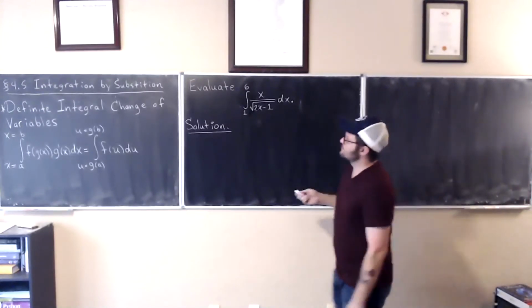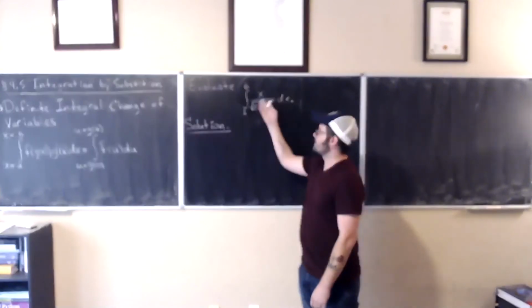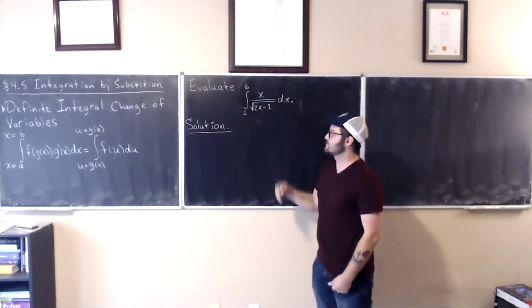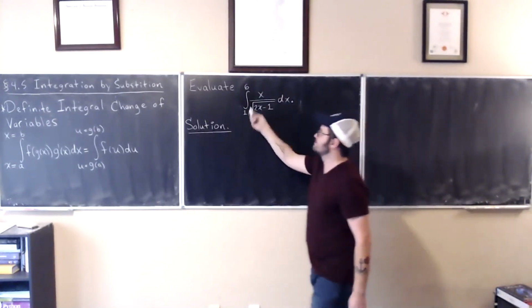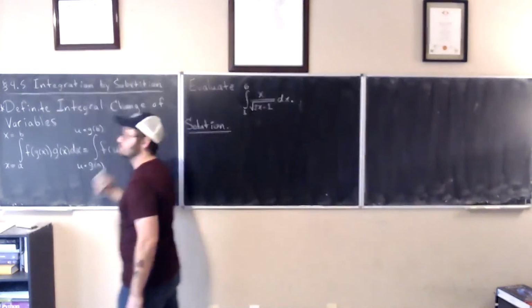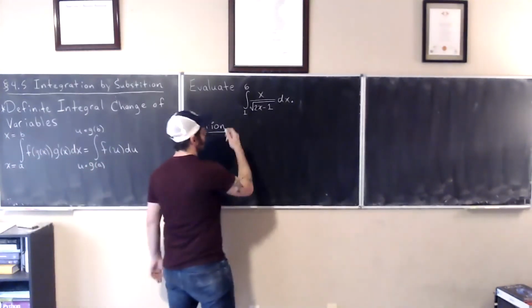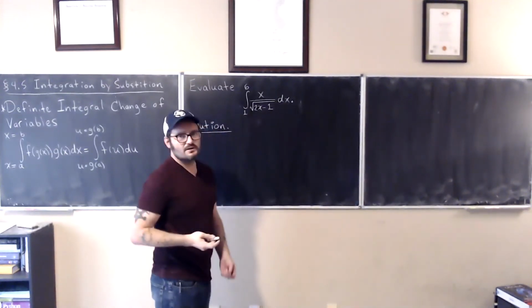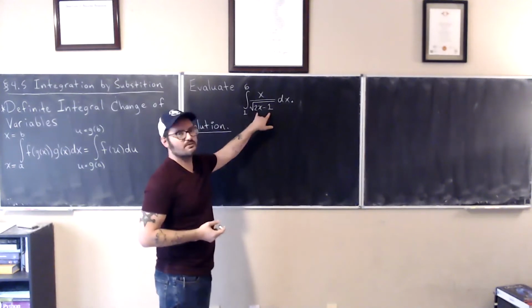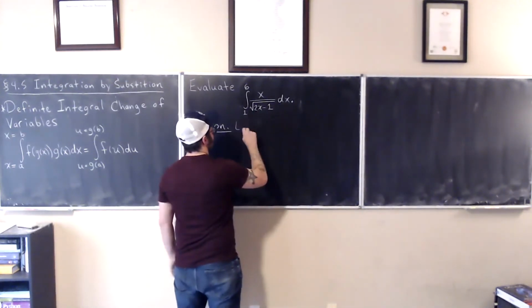So for example, here we have a composite type function that we're wishing to integrate, a definite integral, and we have limits of integration in terms of x; we're integrating with respect to x. So let's look at the solution to this. First, I'm going to note that the only obvious choice for u would be 2x minus 1, as the inside of some composite. So then I would say maybe let